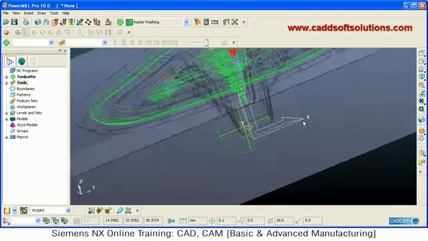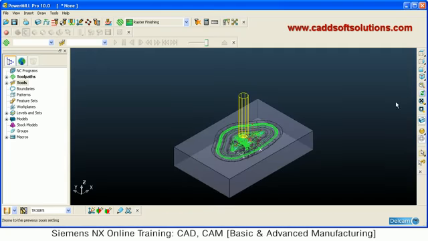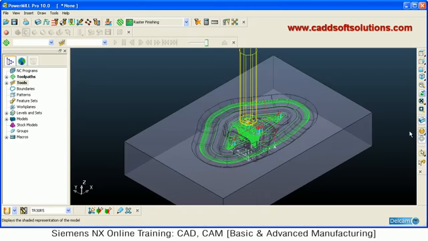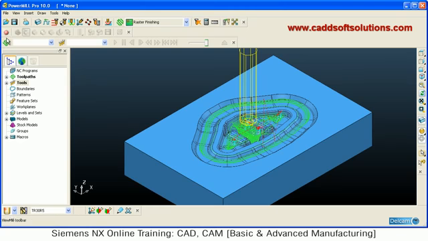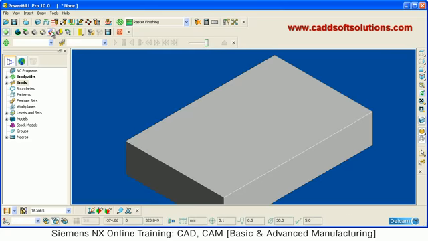Now to visualize this toolpath, how this toolpath will run, how to do that visualization, we will see now. So we will make the ViewMill on. For that visualization, you have to click on this ViewMill on. Just click on ViewMill on. Then select the type of visualization you want to do. Suppose I want to do a rainbow shade image visualization. Then click on that.